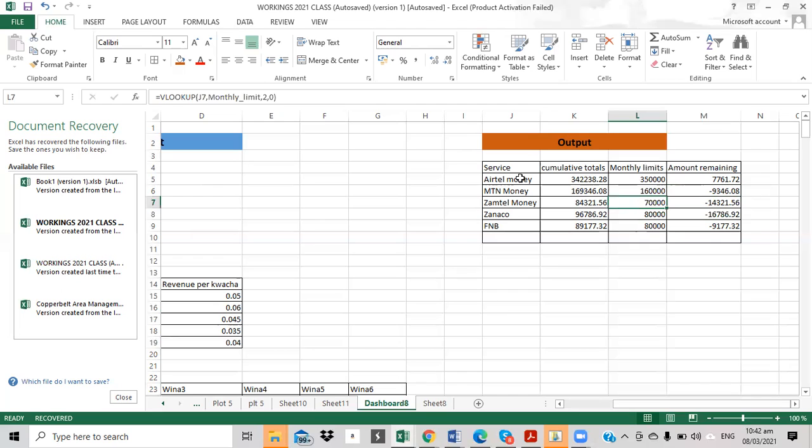So we come up with this table here. Service, we have got Airtel money there, MTN money, we have got Zamtel money, we have got Zanaco, we have got FNB. You can type them, you can copy them from the data which we already have. Then we come to cumulative totals. Cumulative totals, we have been told to use what? SUMIF. So you type equals SUMIF,